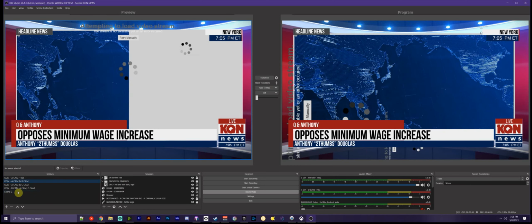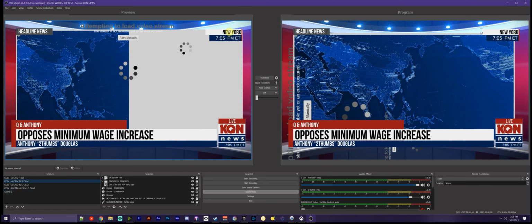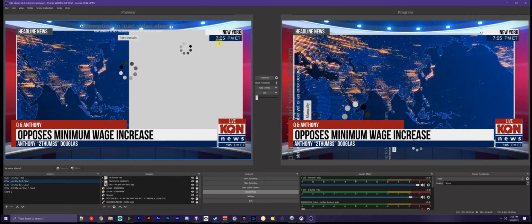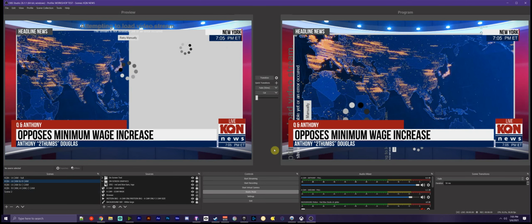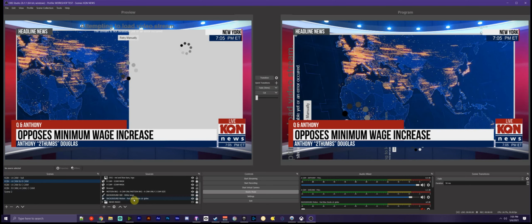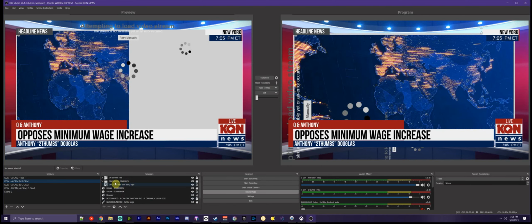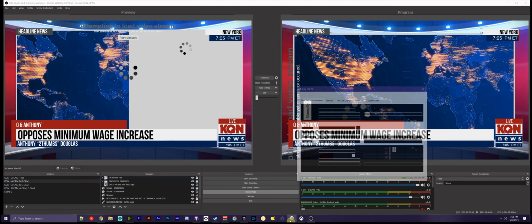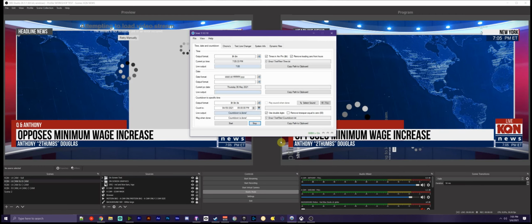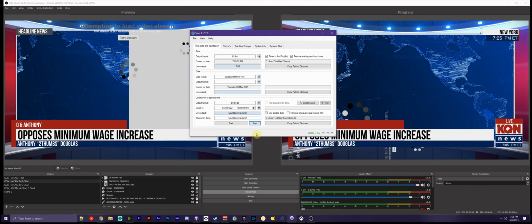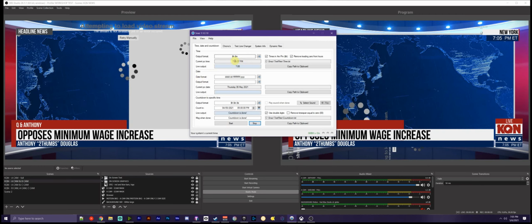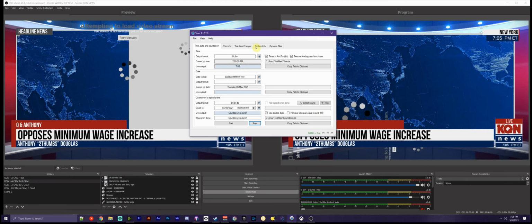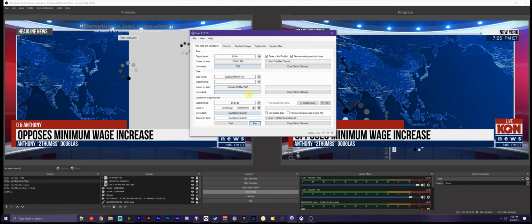You will notice a couple things that are kind of interesting. One thing is that the time is the actual time on here, right? How did I get that to work out? Well, there's another program that you can get called Snaz. Snaz is this program right here. It's very small. It lives in your taskbar when you're not using it. But it will let you do some fun things, such as show the actual time on your streams, or the date,